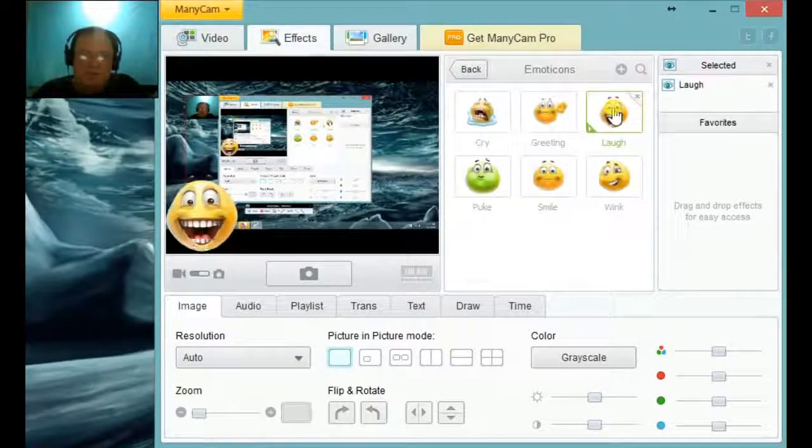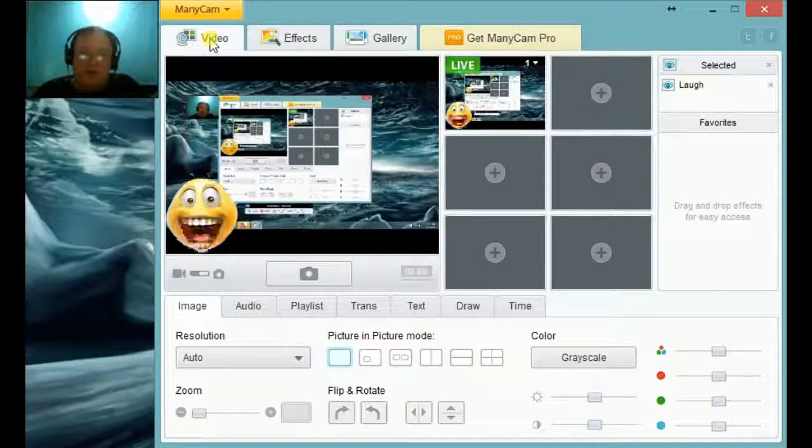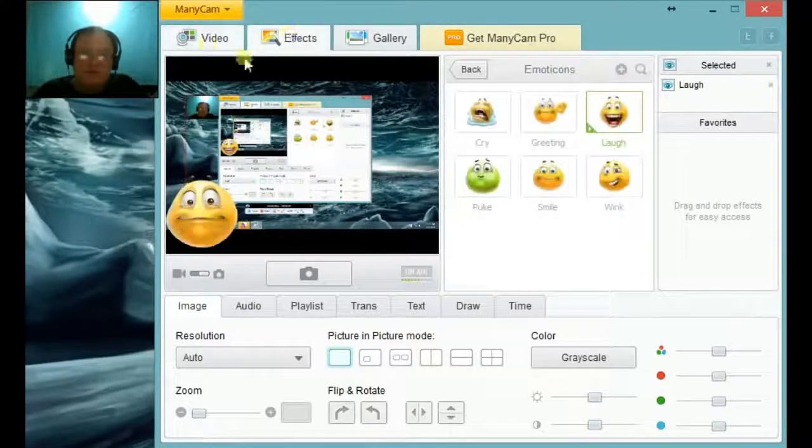Let's do this one. And see, it laughs and laughs and laughs. Now this confused me for a while, because you get stuck. You actually have to see over here where it says selected. I can move this around, but